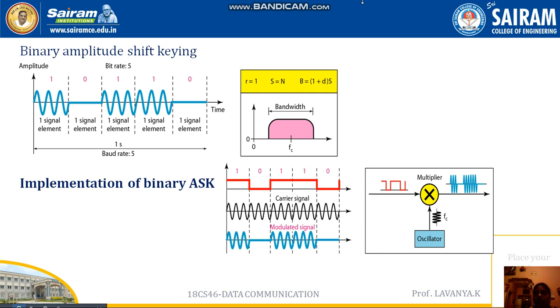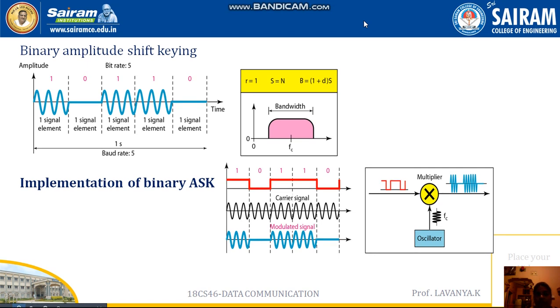This is our binary amplitude shift key. The other one is multi-level amplitude shift key. In multi-level amplitude shift key, it produces many amplitudes, two or more, released at a time. This method we call multi-level amplitude shift key. Then,